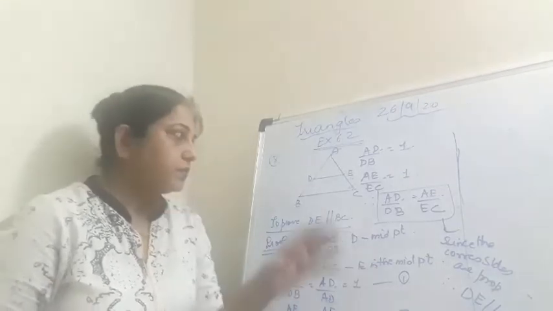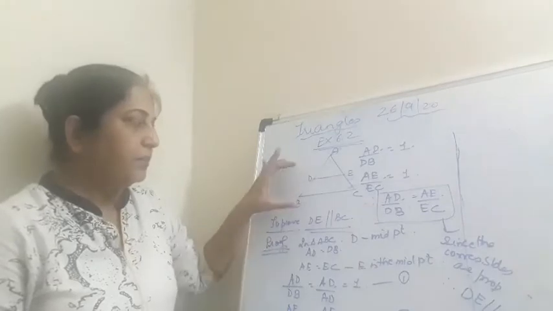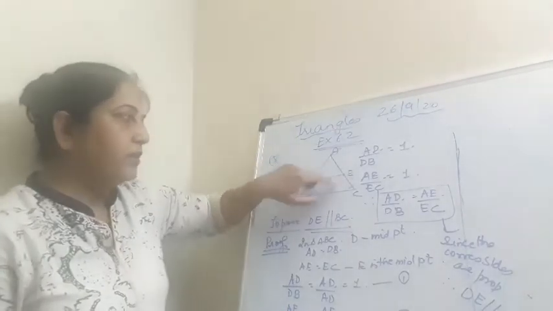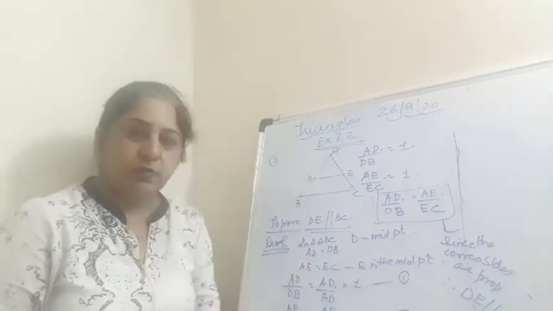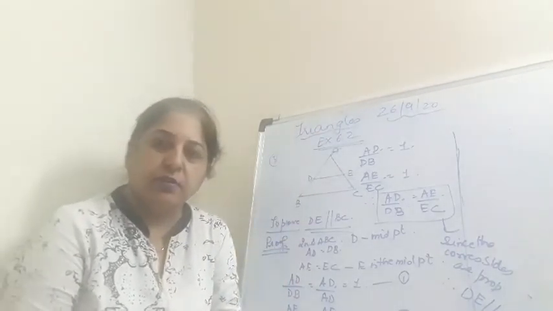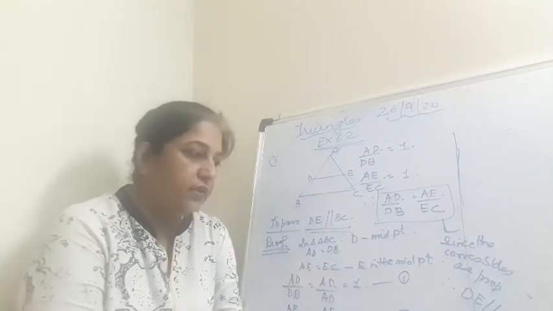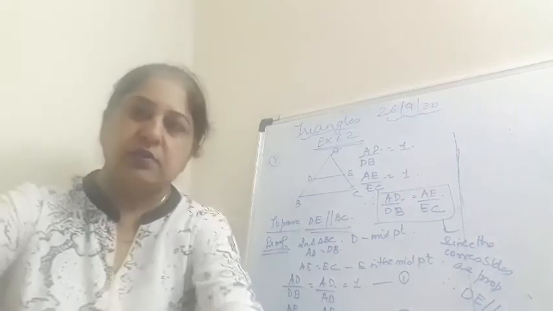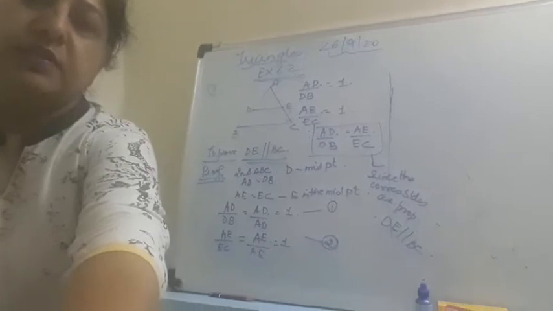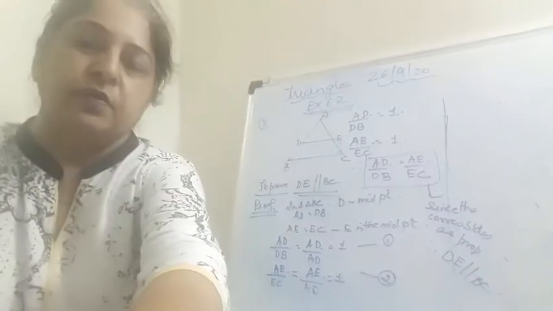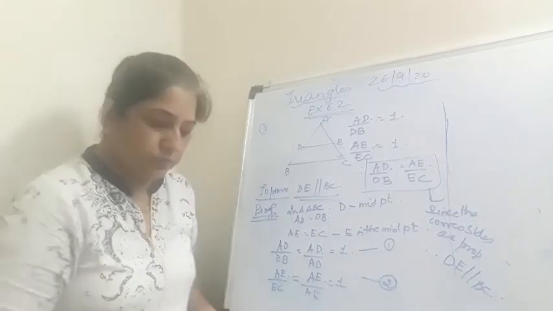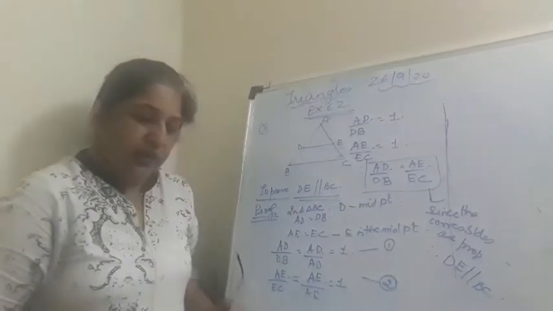Fine. So draw the diagram, draw the same triangle, same points, we take D and E, and then since D and E are the midpoints, write the given conditions and then start with the proof and apply the converse of the basic proportionality theorem, and then you will get your answer. I hope this is clear to you. If you want you can see it, and I will start the next question. So I have completed the 7th and 8th. Okay, now question number 9.